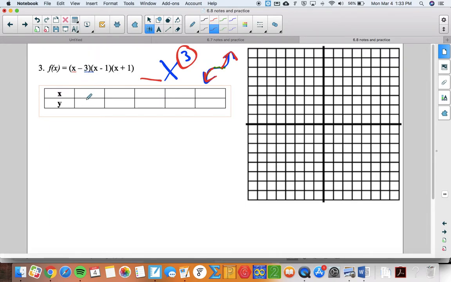So, zeros here. 3 is a 0. 1 is a 0. And x equals negative 1. So I'd put negative 1, positive 1, 3. Oh man, you're going to have to make some more space over here, or do some more substituting. Because while we know the graph hits the x-axis at these 3 positions,